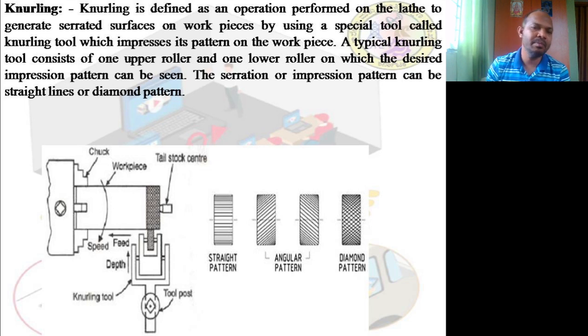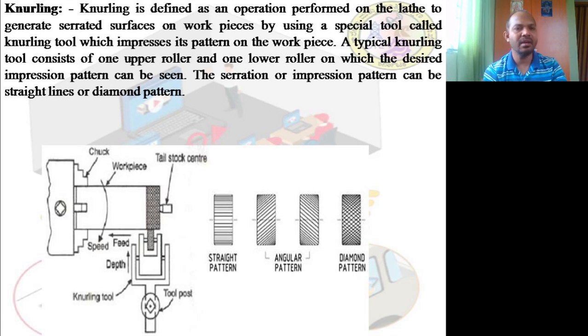The operation is produced by giving indentations on a part of the workpiece. It is not throughout the workpiece; only one particular part will be fed. Then, if you want to extend it, the tool has to be removed and the operation continued. It cannot be moved along the length of the workpiece.